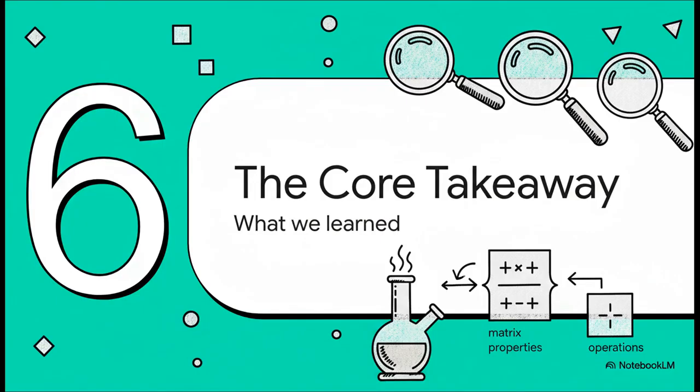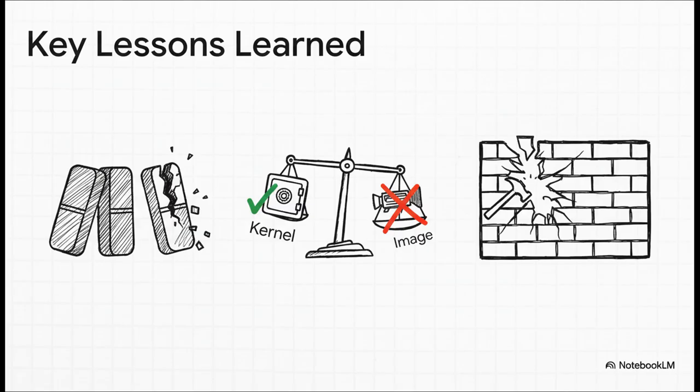What's the point of all this? Let's distill this whole investigation down to its core lessons. So what are the big takeaways from all this? First, we saw just how powerful a proof by contradiction can be for showing that some mathematical ideas are just plain impossible. Second, and this is really the core insight from our second case, we learned that row operations kind